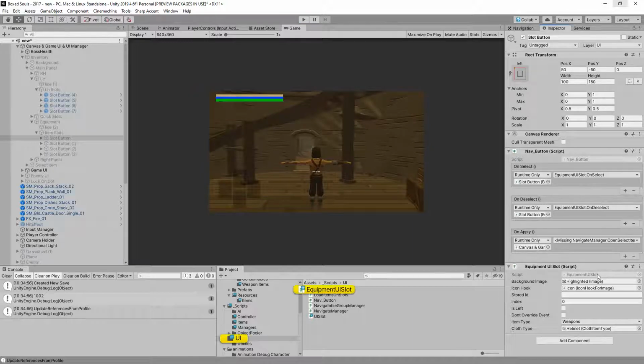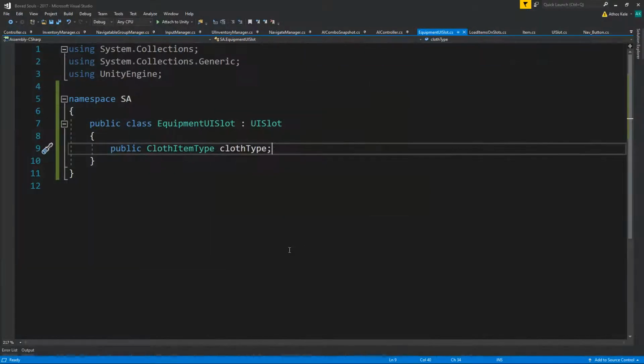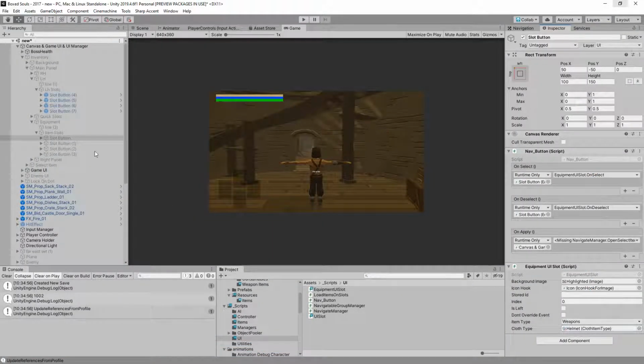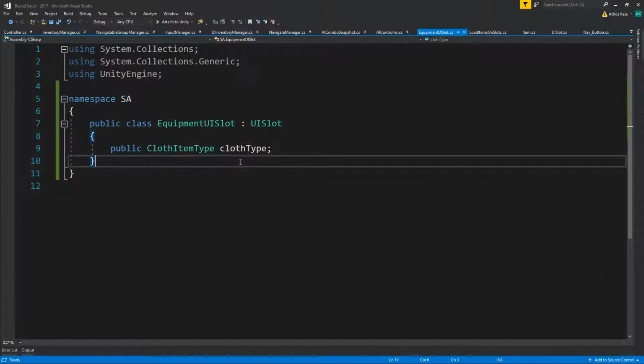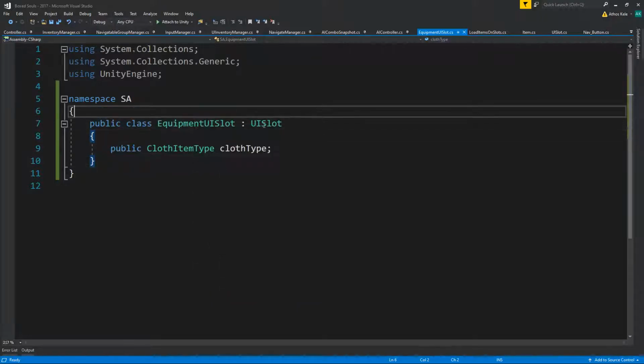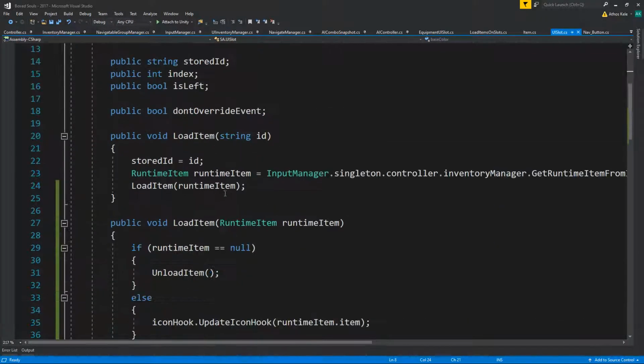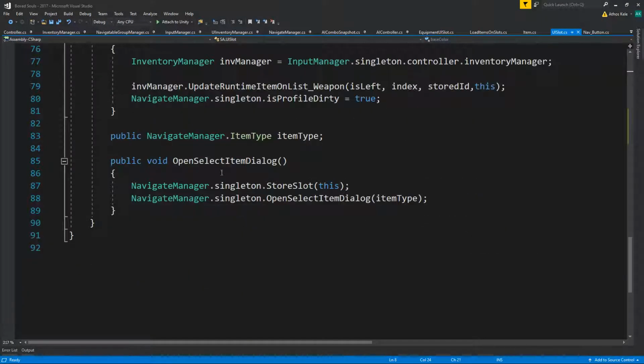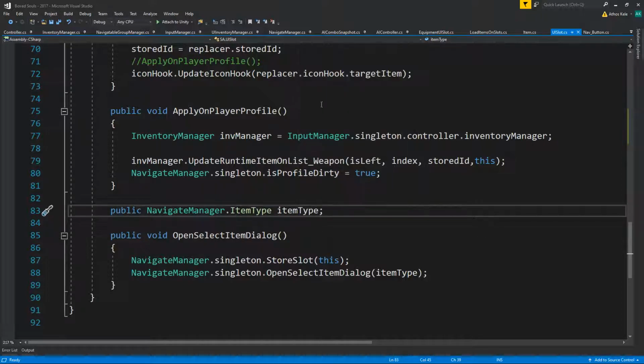So let's open up the equipment slots. It just selects the, oh yeah, we have it as weapon items, that's why. Let's change this to equipment. Then for equipment we actually need to do a little bit more work here, so that will be from down here. Let's select item type,